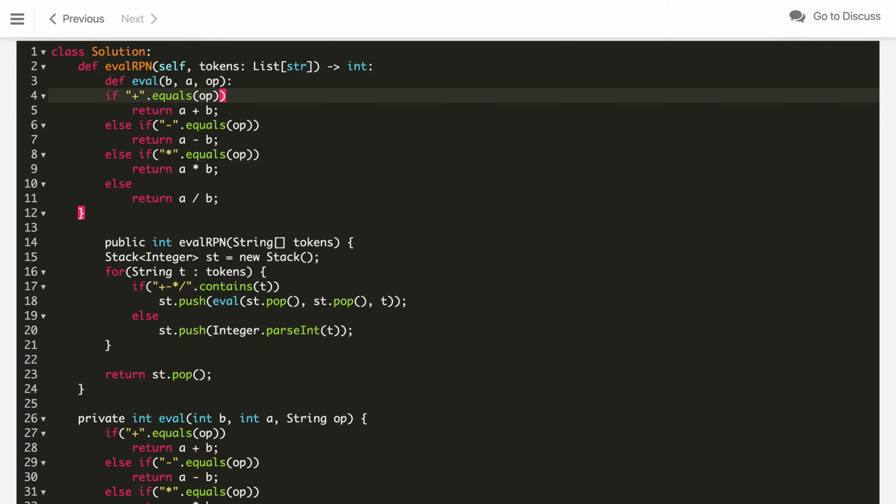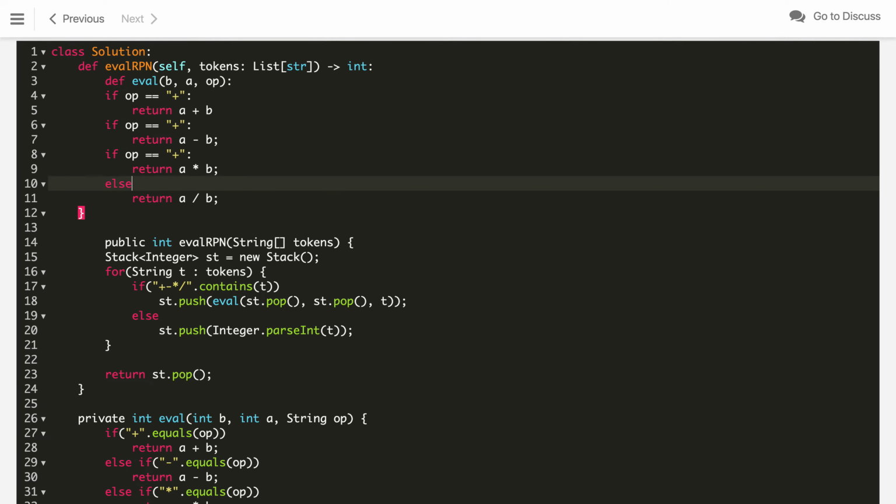Here we say if the operator is plus sign, then perform this and return this, and remove the semicolon. Similarly, let's just copy this whole thing and paste. So here we just need else, and here we use elif.